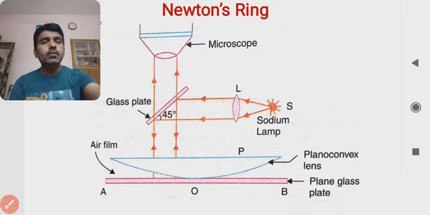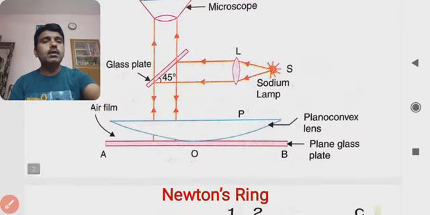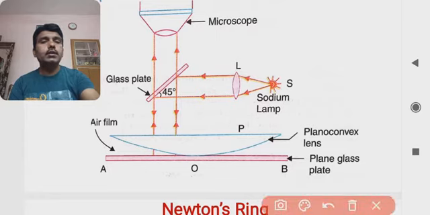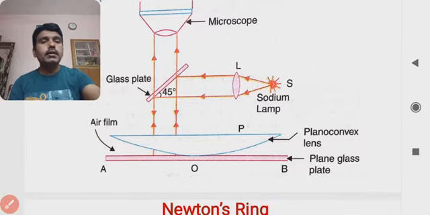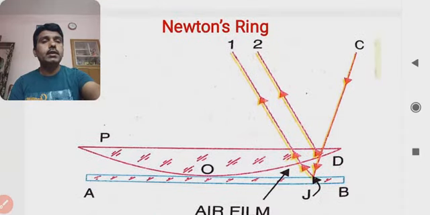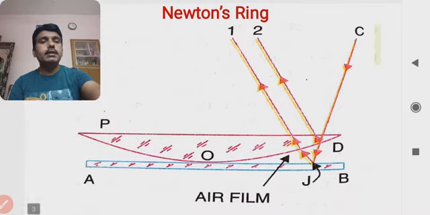And exactly what happens at this air film is another important factor. The sodium light will generate light rays in all directions, but as the light is incident on the lenses, that will give you light rays in a straight beam form. So as the light rays come at this air film, what type of reflection happens is quite interesting, and that will create the interference phenomenon. So let's see in detail what happens exactly at that stage.